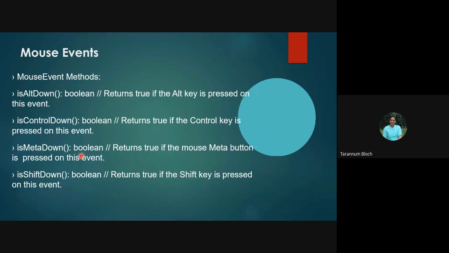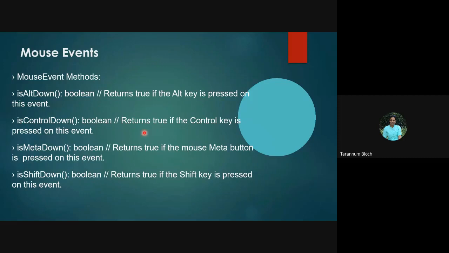We have isAltDown, which lets us see whether the Alt key is pressed along with the mouse or not. So isAltDown returns whether the Alt key is pressed on the event. isControlDown will give you whether the Control key has been pressed or not. isMetaDown will give you whether the meta button is pressed or not.